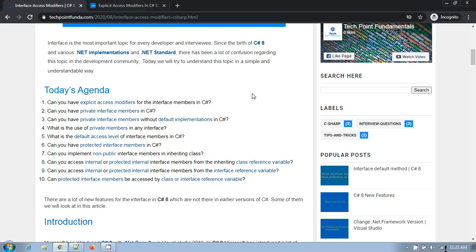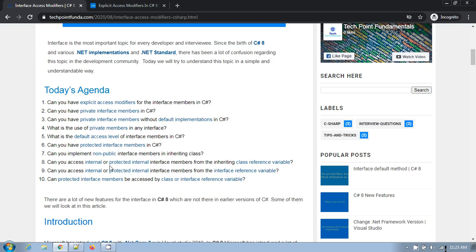So let me clear one thing: you can't access any internal or protected internal members with the class reference variable here, because we know that we can only implement the public members in the inheriting class, right?